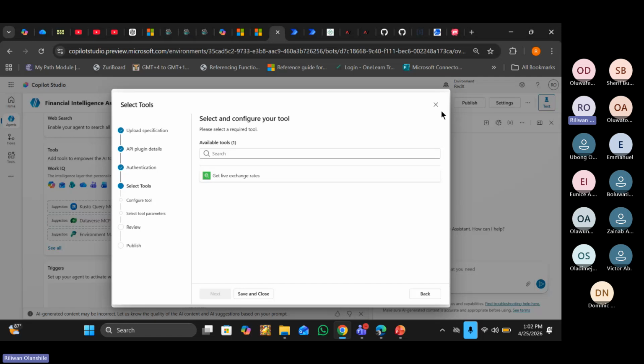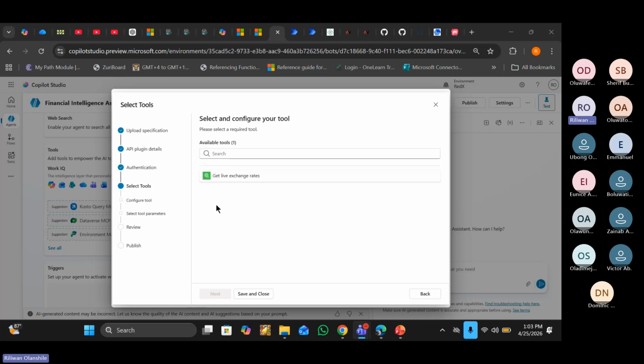Now, one of the things that I realized while I was learning and working with this is that Microsoft themselves still go back to the foundation that they mentioned earlier. If we're going back to all these PL-900 and the rest of them while we were learning, they will tell you that if you want to bring in an external API, you need to build what? A custom connector, or you are using an HTTP request. Now, you won't believe that what you are doing right now, Microsoft themselves will build you a custom connector that you don't have to build by yourself.